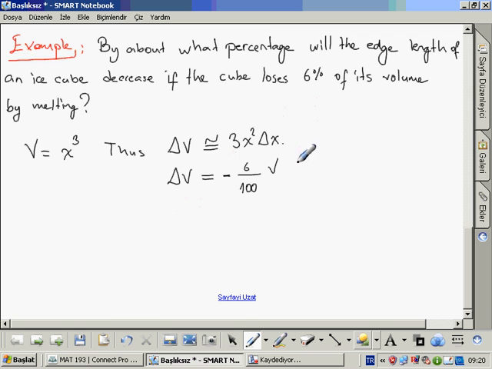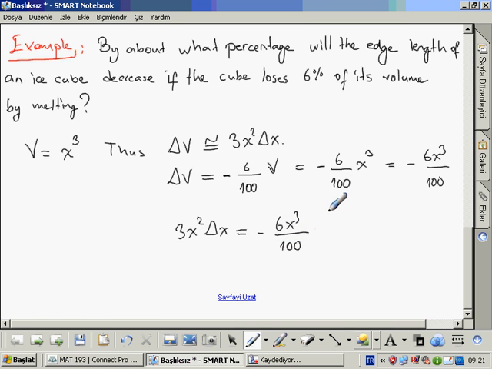The volume was x cubed, so it's equal to minus 6x cubed over 100, and we know that delta volume equals 3x squared delta x, so 3x squared delta x equals minus 6x cubed over 100. After simplifying them, we will obtain